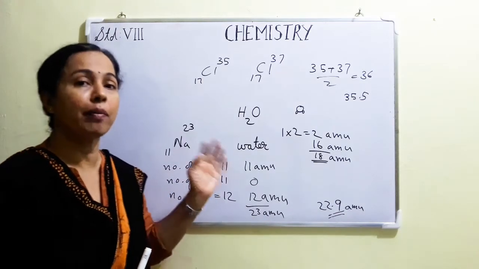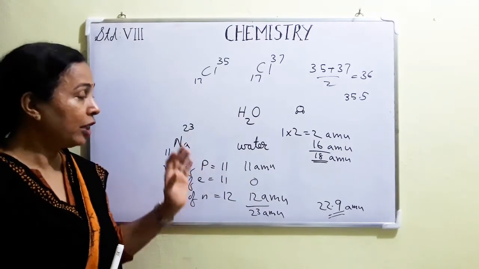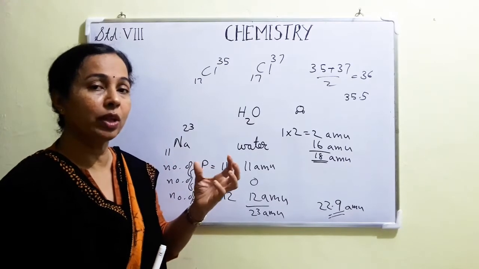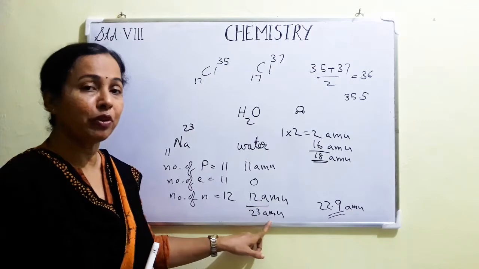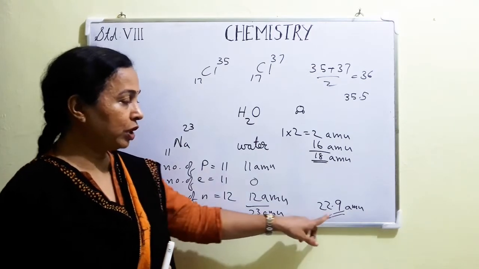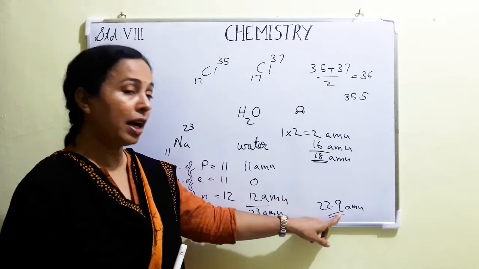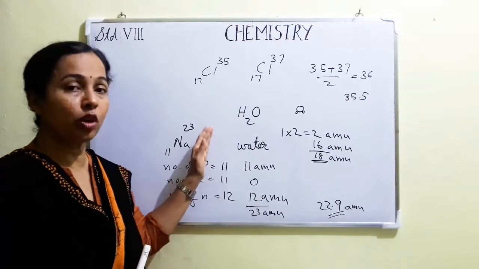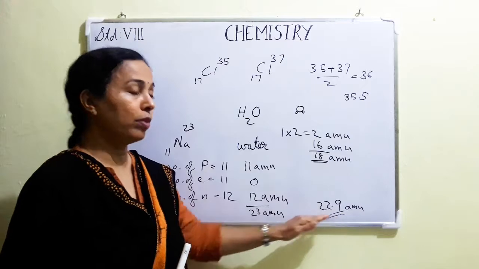Mass number is only a number. It is the total number of protons and neutrons in the nucleus. The total number is 23. From that I tried to calculate the total mass of the nucleus. Each particle's mass is 1 AMU. So 23 into 1, 23 AMU, we got the total mass of the nucleus. That we found almost equal to the atomic mass of the atom. Okay, the mass of the atom is found out using some other methods, not by just calculating the total number of protons and neutrons. I just showed you that these two are almost equal.